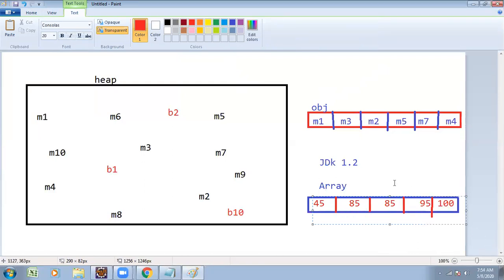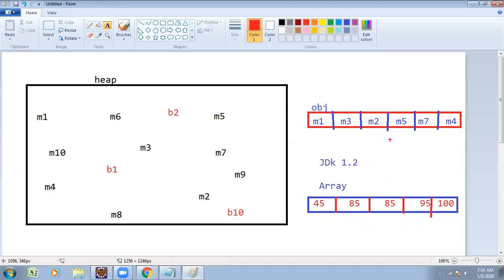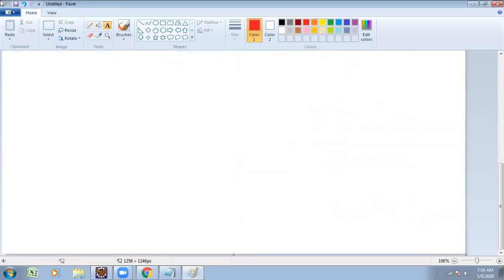Here we are creating one array. Sir, you are saying this is a collection? This is called an array. They may ask an interview question: what is the difference between arrays and collections? Try to observe the difference between arrays and collections.